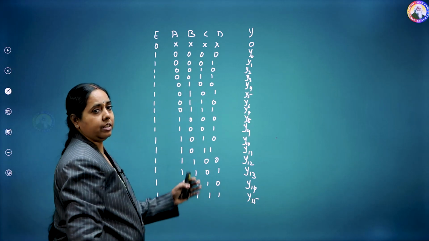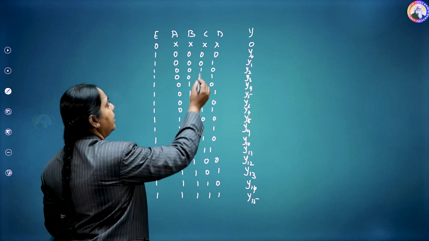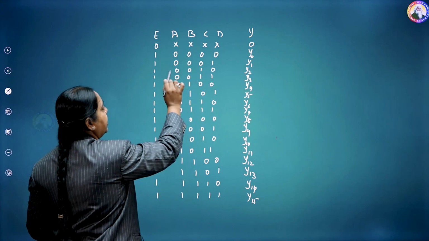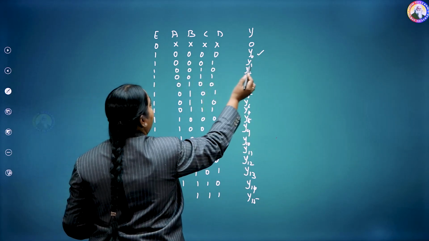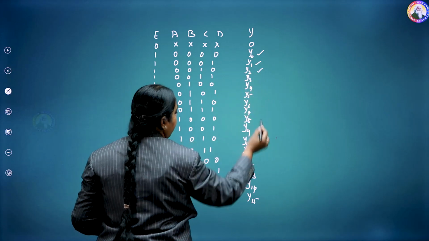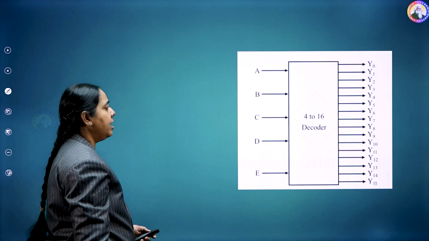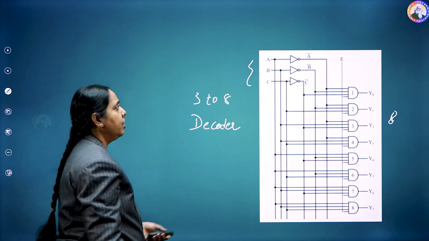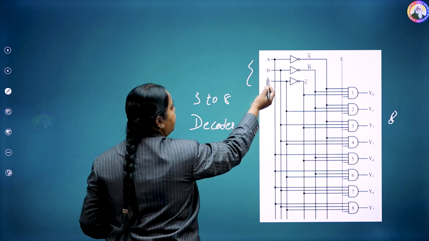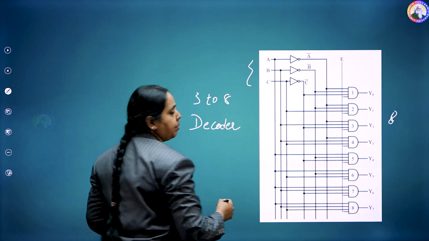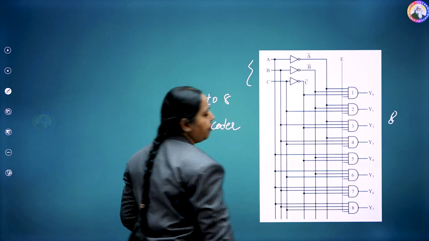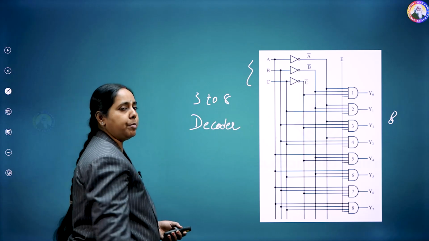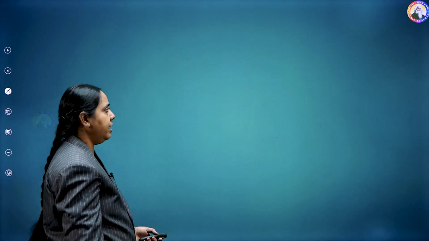So, instead of writing the outputs from Y15 to Y0, I am just representing the output as Y. With respect to inputs zeros, the output is Y0. Similarly, 1 gives Y1, input 2 gives Y2, and so on up to Y15. The logic diagram will be represented like this, with 4 inputs A, B, C, D. Here one more line will be added, like D, D bar. E is common to all, and the outputs are Y0 to Y15. So, that is the logic diagram representation for the 4 to 16 decoder.